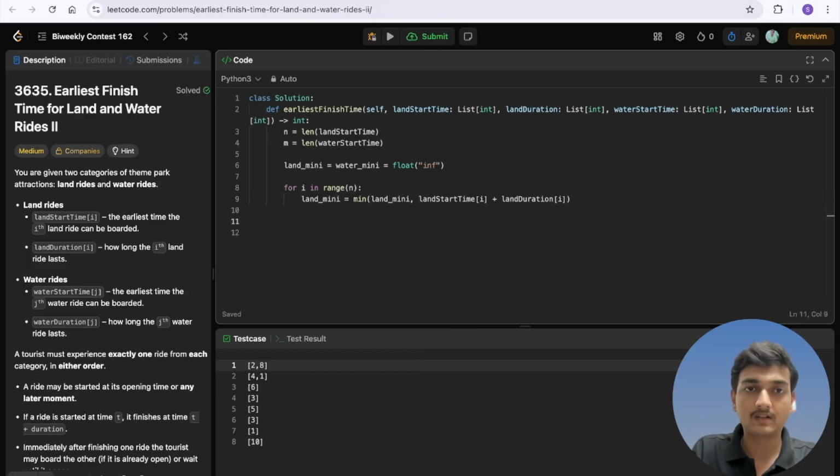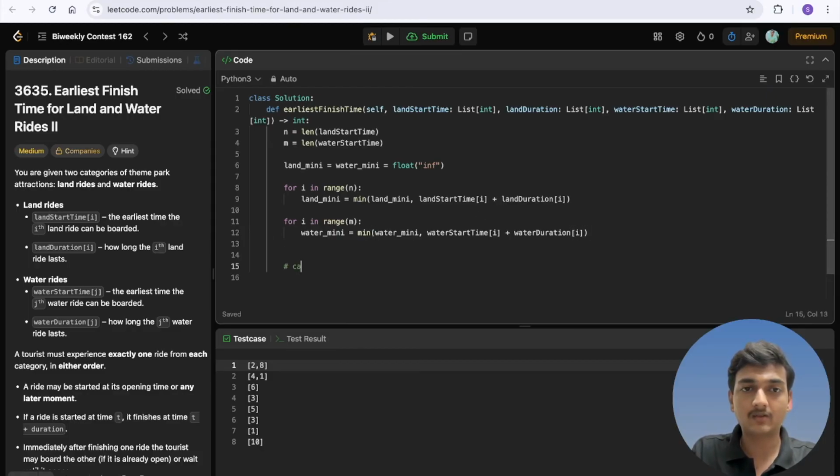Superb. Now I need to calculate water mini also. For I in range M, water mini will be minimum of water mini, comma, water start time of I plus water duration of I. This way I will be having my two things. Now case one is